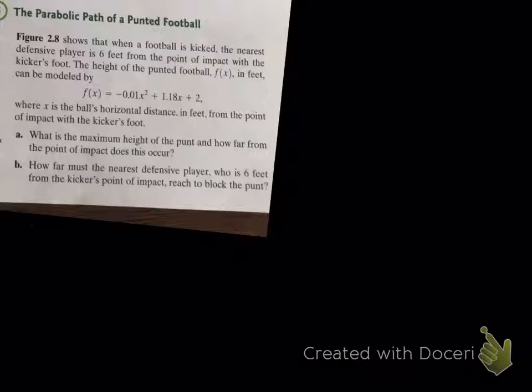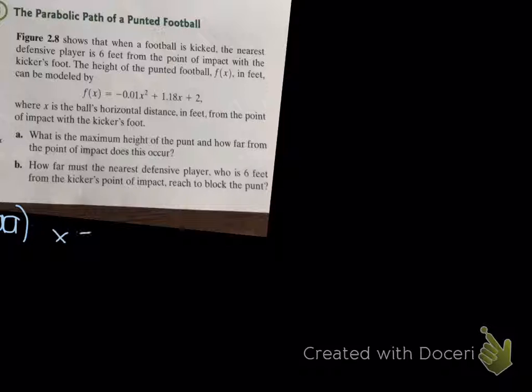So here's our problem. I didn't attach the picture with it, but it says a football is kicked to the nearest defensive player 6 feet from the point of impact with the kicker's foot. The height of the punted football f of x in feet can be modeled below, where x is the ball's horizontal distance in feet from the point of impact with the kicker's foot. Letter A says, what is the maximum height of the punt and how far from the point of impact does this occur? So for letter A, we need to find the vertex,